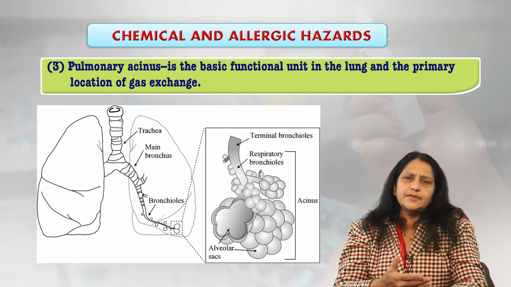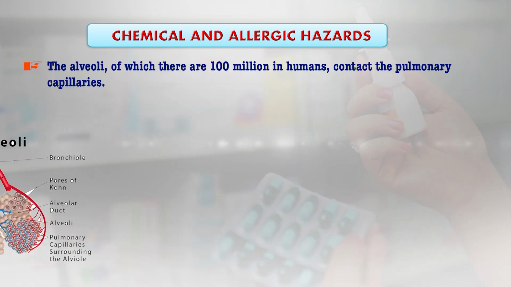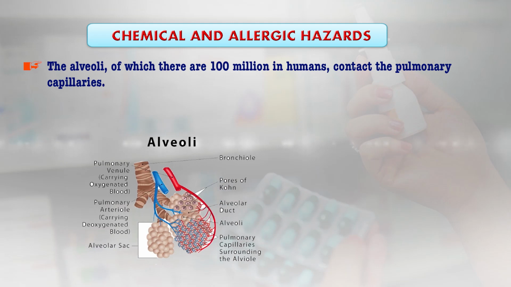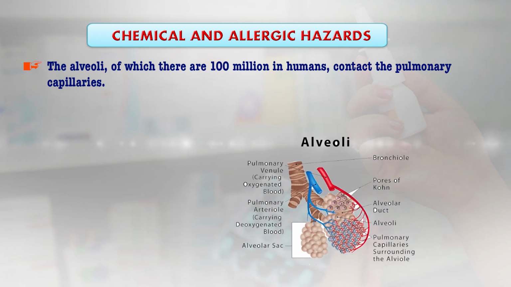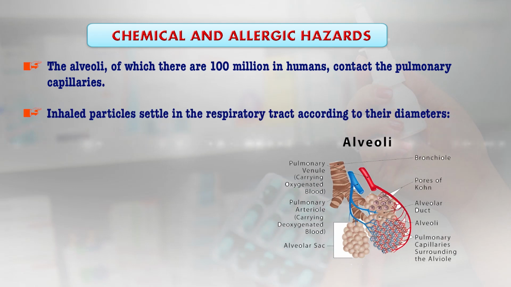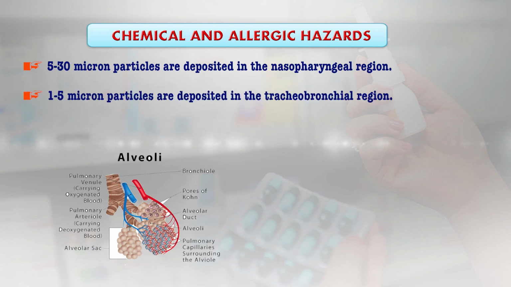It normally consists of small bronchioles that are connected to the alveoli. The alveoli, of which there are 100 million in humans, contact the pulmonary capillaries. Once the inhaled particles enter the tract, they settle in the respiratory tract according to their diameter. 5 to 30 micron particles are deposited in the nasopharyngeal region, 1 to 5 micron particles are deposited